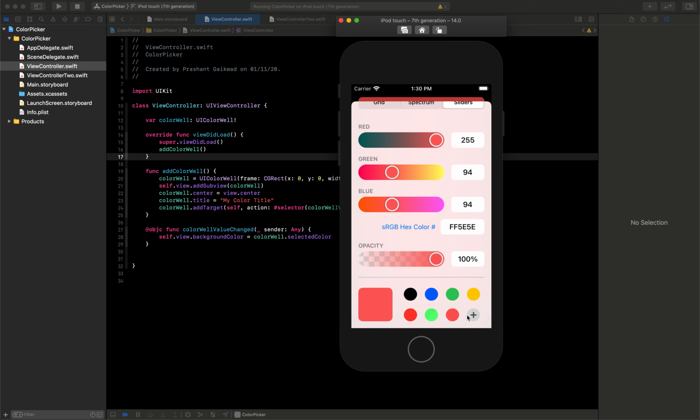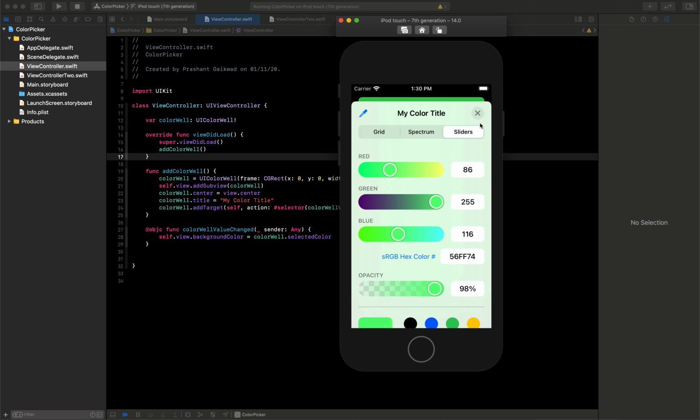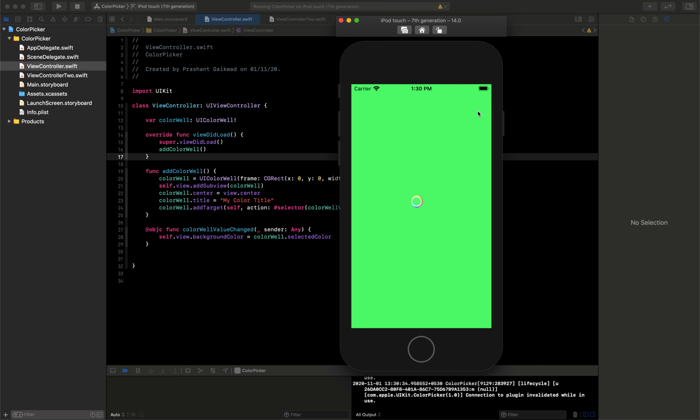And at the bottom you can see here we have this plus button. So if I tap on plus, that color gets added here, and next time when I'm coming back to this color picker, I can select the color from there. Previously I've selected some colors, so those are already shown here. So let's start and see how you can do this in UIKit.